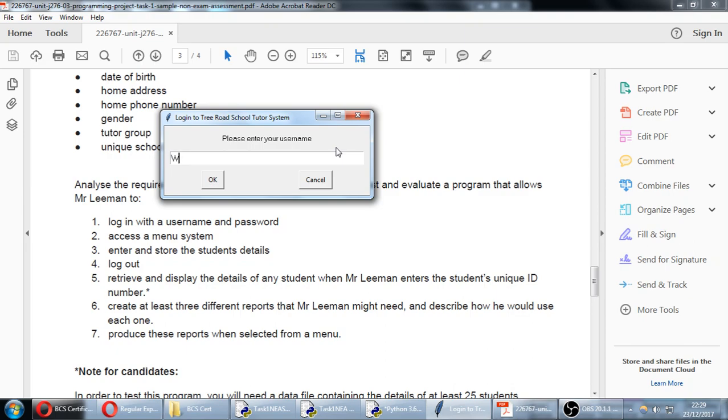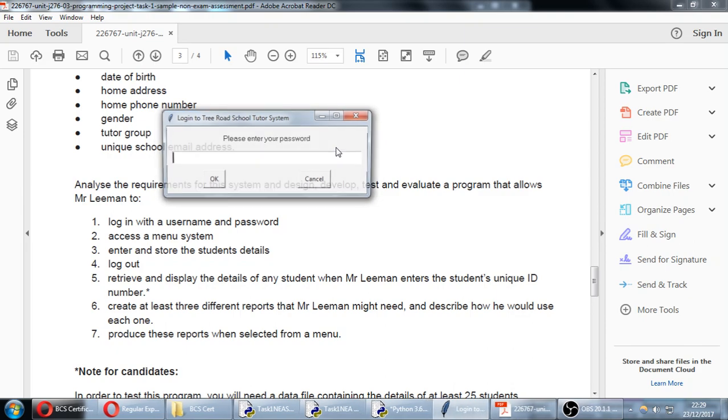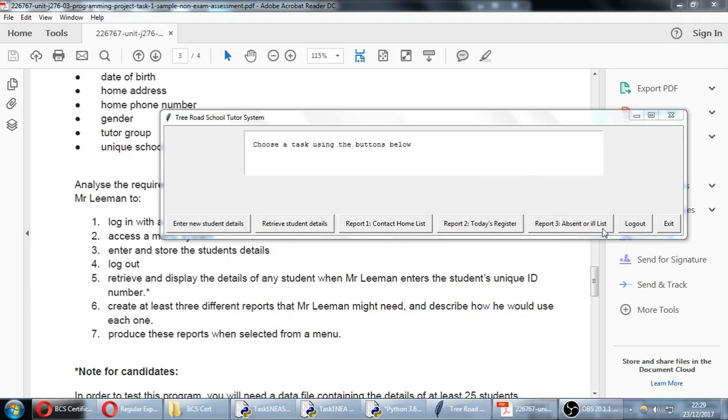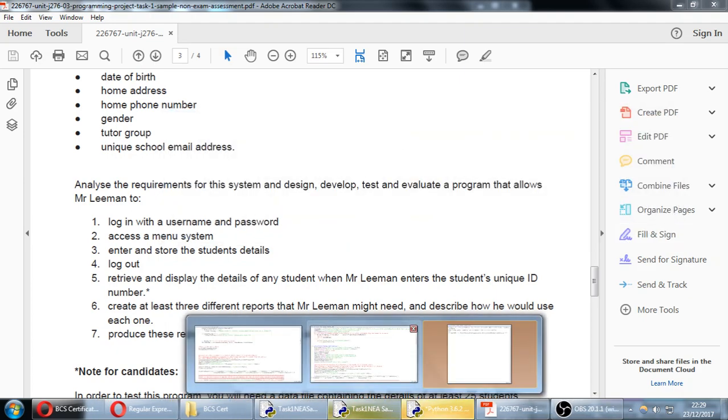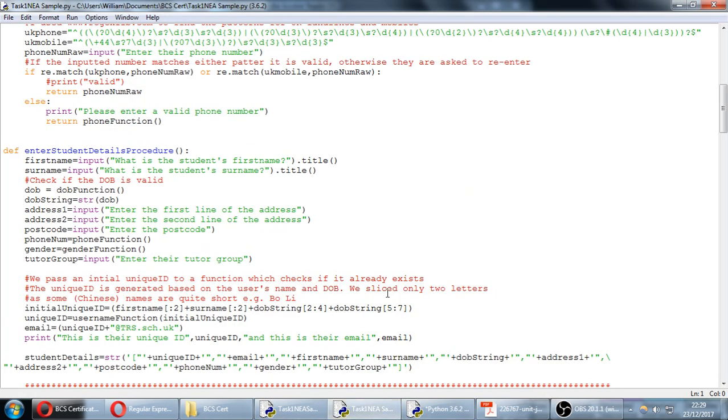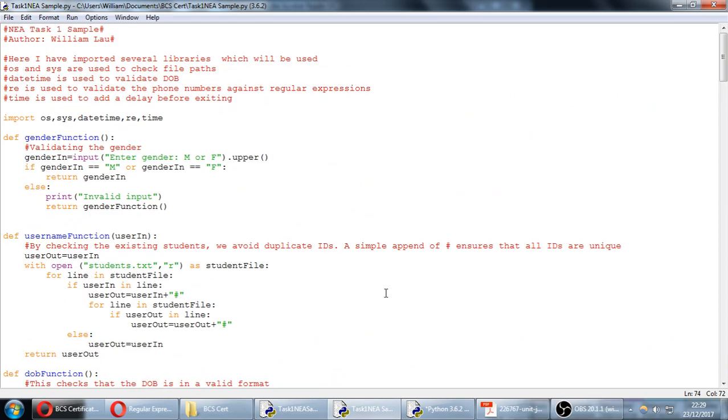We can log back in, or we can exit, and that'll just close the program down. So let's have a look at the initial code that I wrote before we actually went to the GUI, because